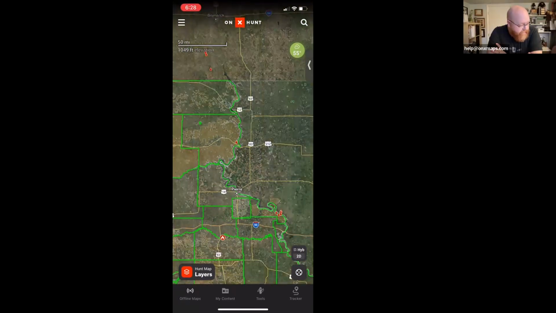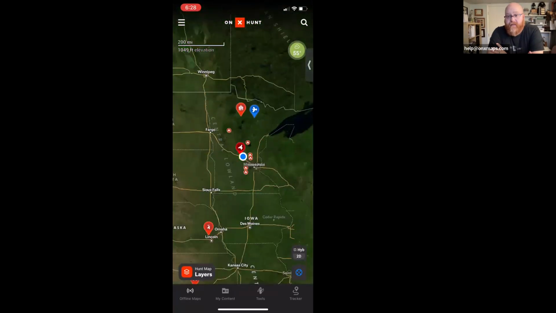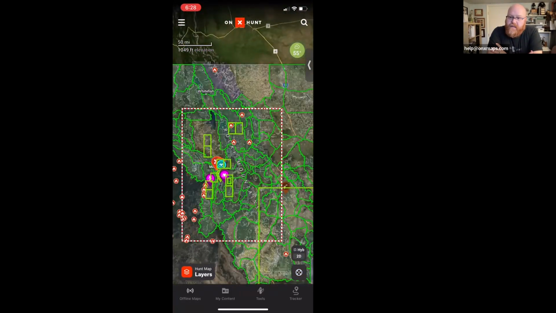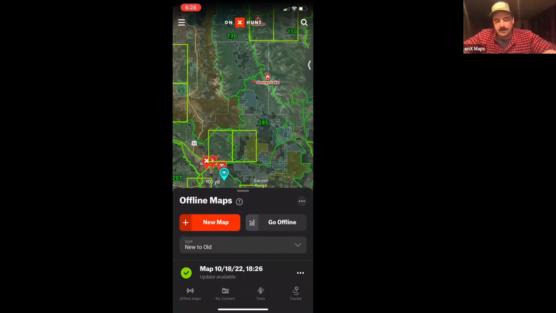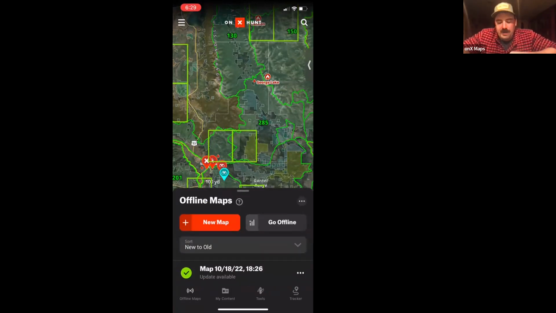Now, Jack, for myself, probably most people here, we're not hunting in the middle of town where there's great service. A lot of people are out in areas where we don't have coverage. So you want to kind of explain how we do that to make sure that we're able to see where we are? Yes. So right below where it says hunt map layers, I'm going to tap that button that says